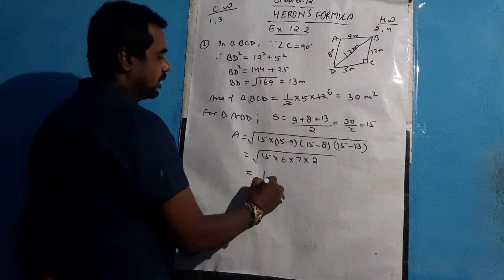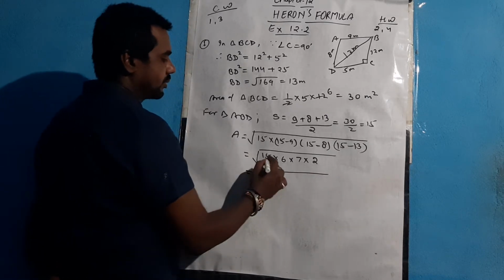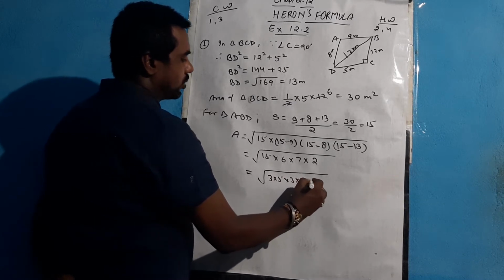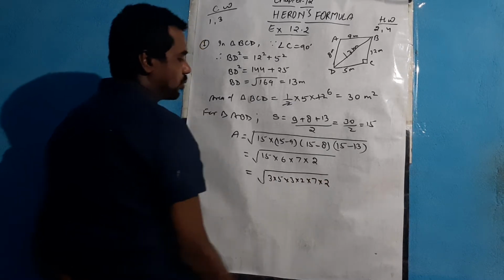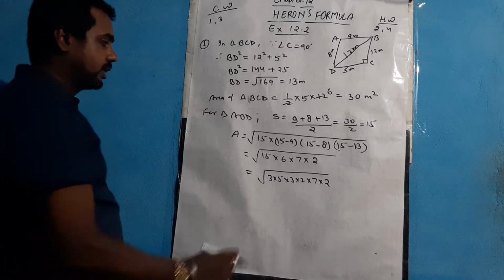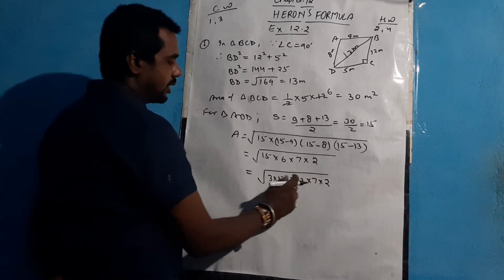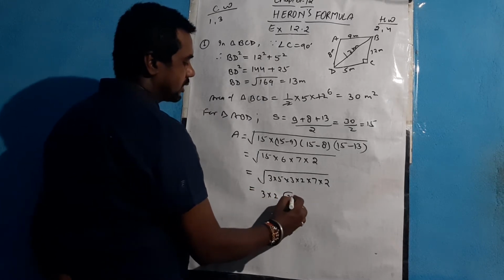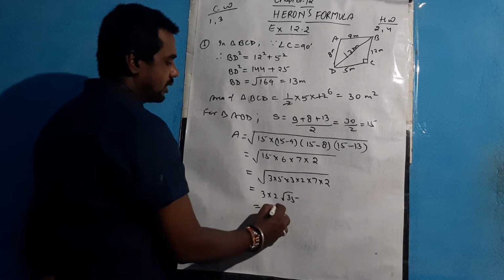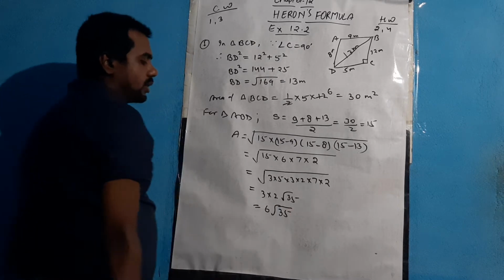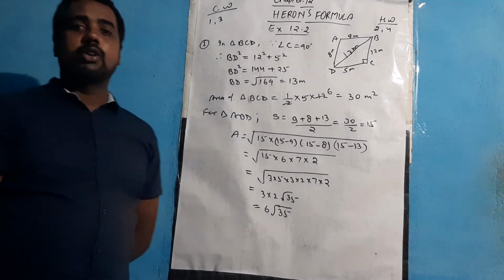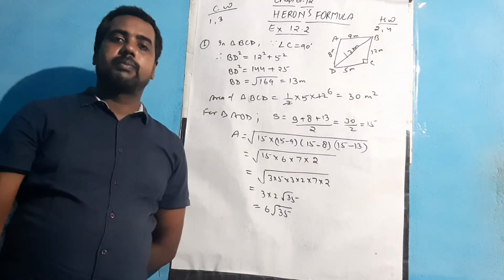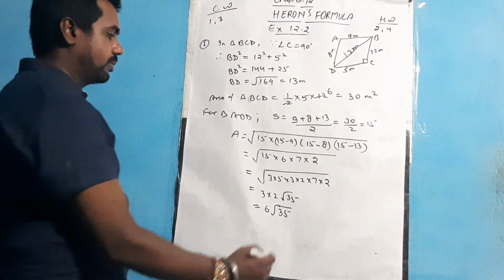Again, first of all we will try to make pairs, as 15 is 3 into 5 and 6 is 3 into 2, and 7 as it is, 2 as it is, as it cannot be split. So you are getting a pair of 3 and a pair of 2. So 3 into 2 comes outside, 7 and 5 remain, that becomes 35, and this gives 6 root 35. Either you get the value of root 35 using the division method and use two places of decimal and then get your answer, or you may leave it here also.